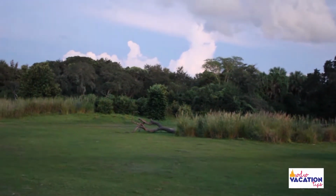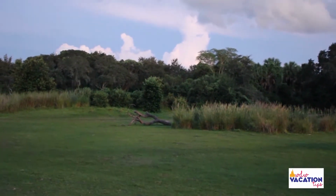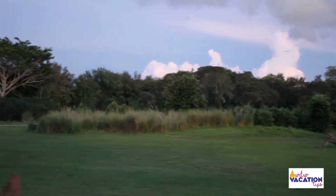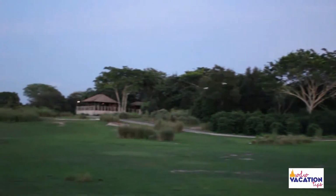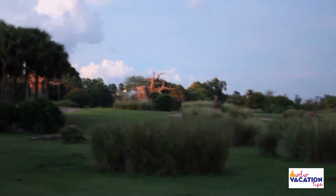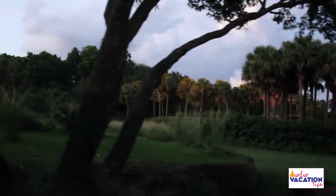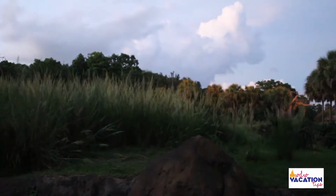You know what these are? Termite mounds? He was saying you think they fall in, right? We saw some people walking around today with like harnesses on with their tour guide. Oh, there's